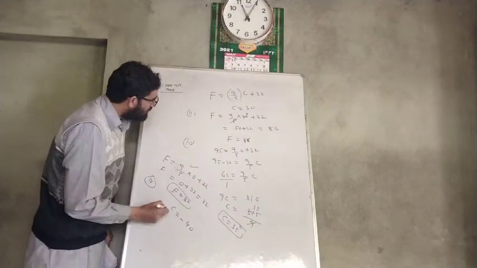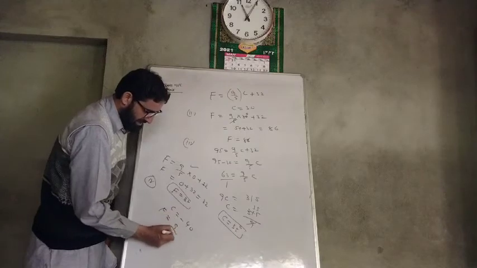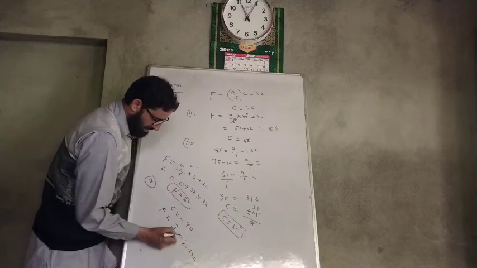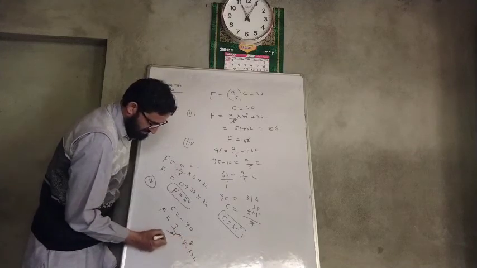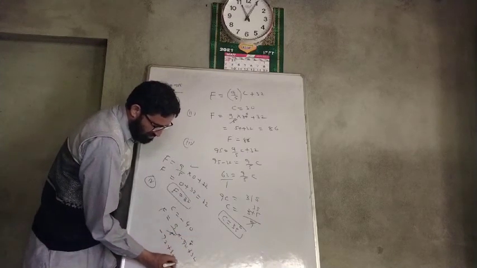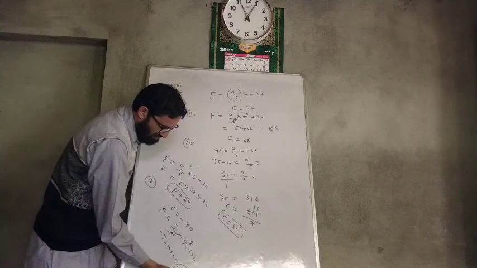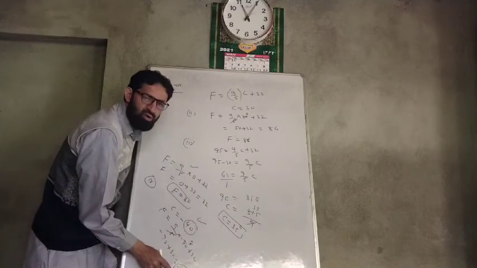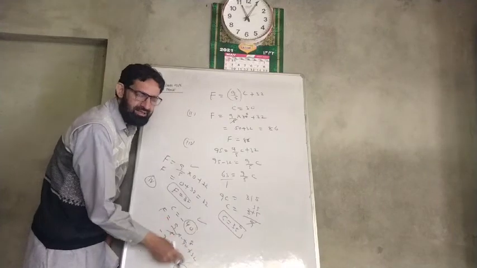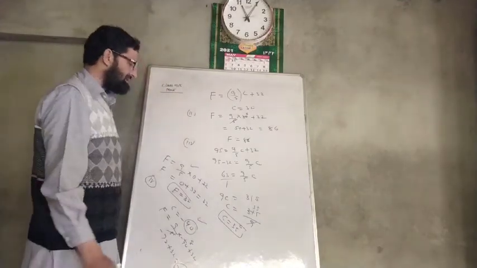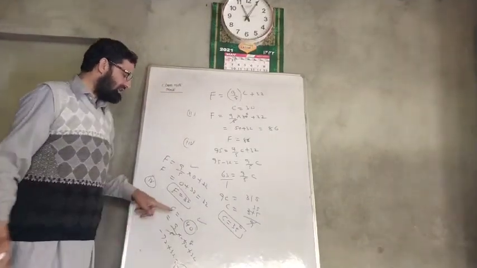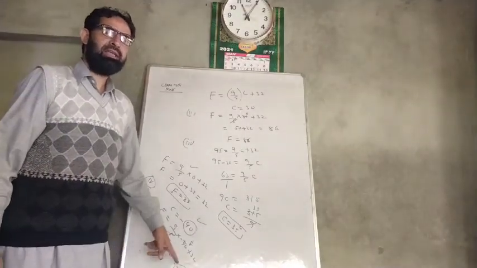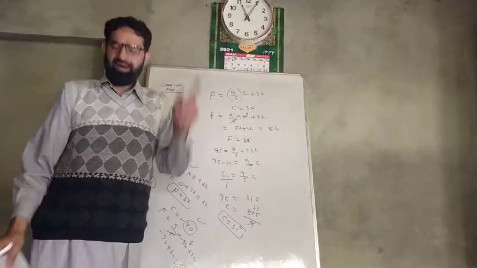Let us check. F is equal to 9 by 5 into minus 40 plus 32. 5 8s are 40, 9 8s are 72, so this is minus 72 plus 32. So this is minus 40. So when C is minus 40, F is also minus 40. So these are numerically the same. So this was the value which was numerically the same for centigrade as well as for Fahrenheit.